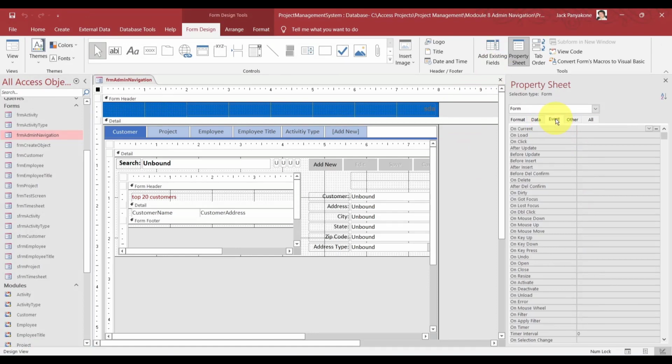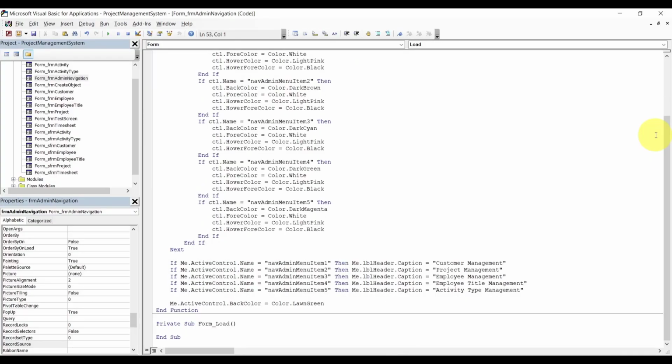Right here, click on the event. It says onload. All right. So double click on that. Click on this little icon which jumps right here. We're gonna rename that guy. All right. Caption equals